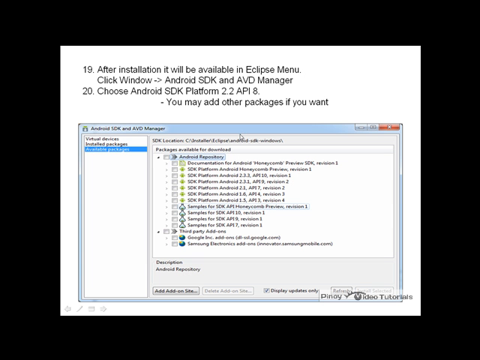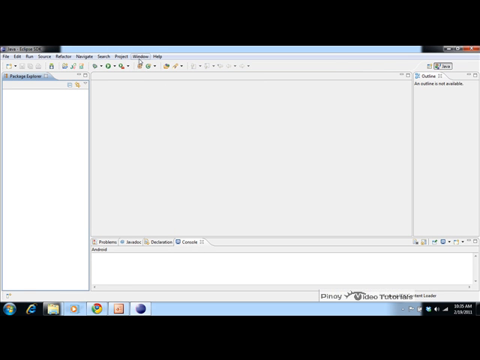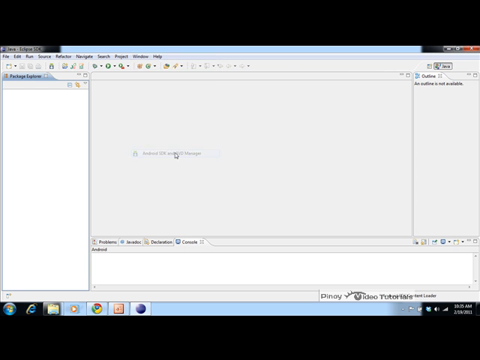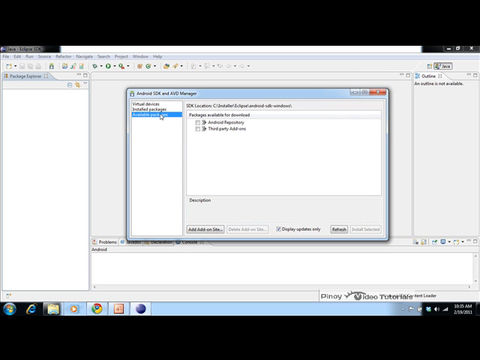So after installation, it will be available in the Eclipse menu. If you want to see, just click Window, then Android SDK and AVD Manager. So for a fresh installation, this is not yet available. So just click on the available packages, then